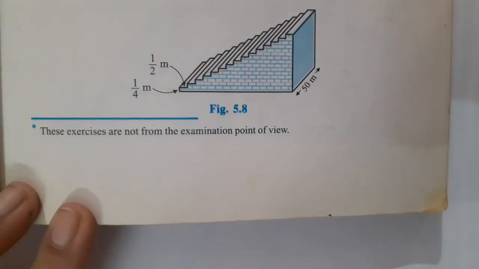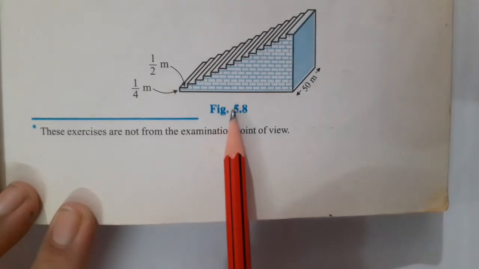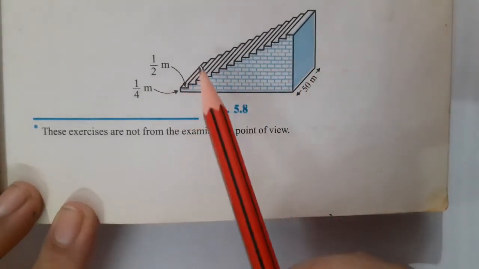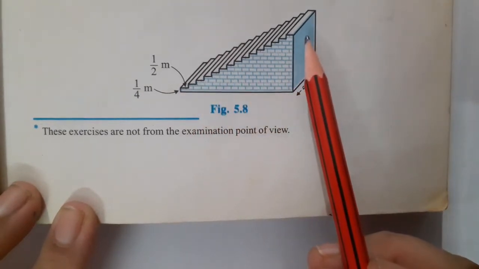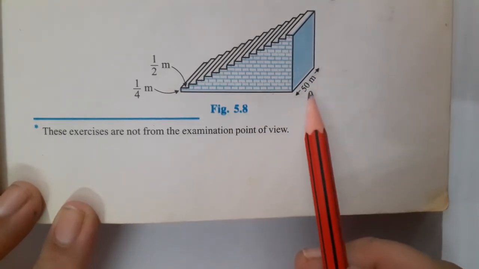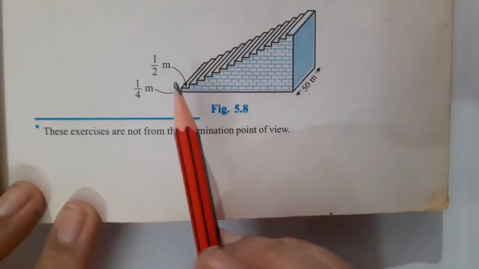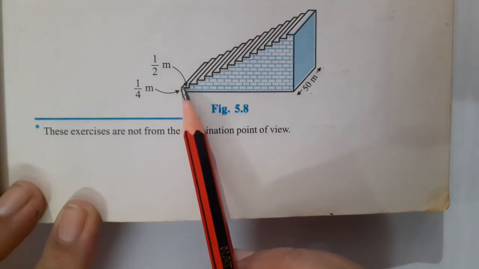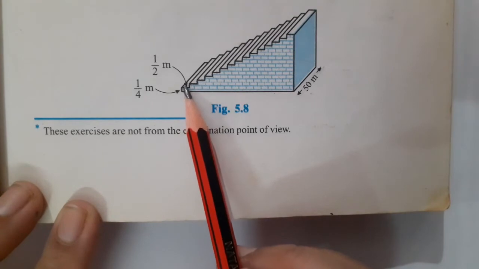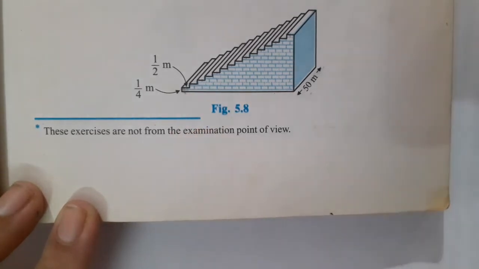So children, just look at this diagram. This I am showing you from your NCERT. This is a small terrace at a football ground, comprising of how many steps? 15 steps. Fine. Each of which is 50 meter long. So you will be having the length given, that is 50 meter, and each step has a rise of 1/4 meter. Correct. And a tread, meaning the width, is 1/2 meters. Correct, students? As said in the question, we will have to calculate the total volume of the concrete required to build the terrace.